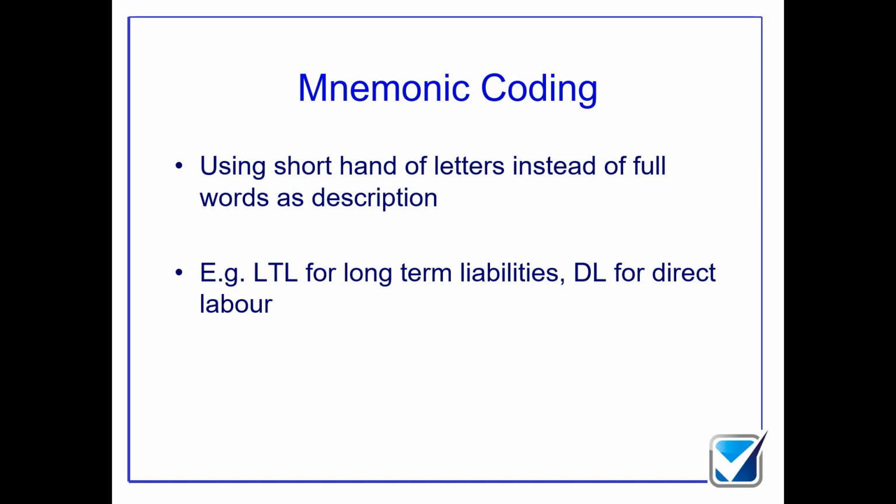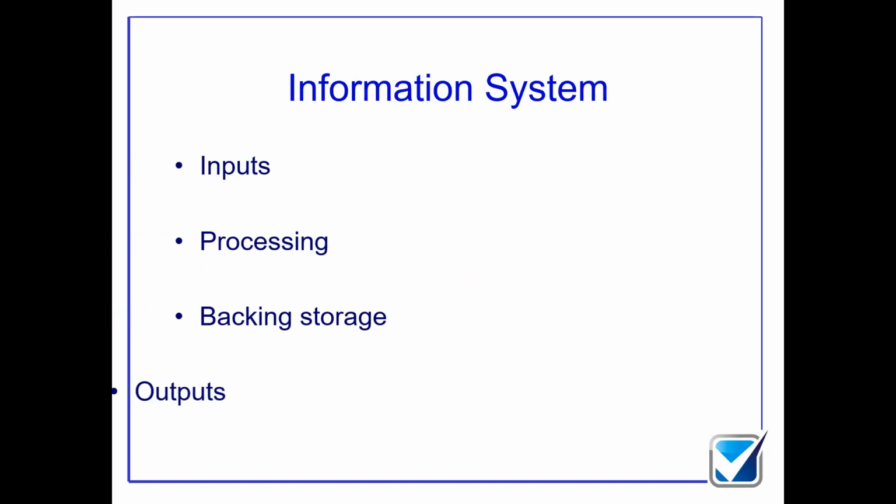Now, within the organization as a whole, the organization can be seen as a system which collects data, processes it into information, and allows decisions to be made. Those decisions have an impact. That impact will be recorded, and then outputs will be churned out, which will be in the form of financial accounts. So our information system, this is not the manufacturing system, our information system can be seen as a